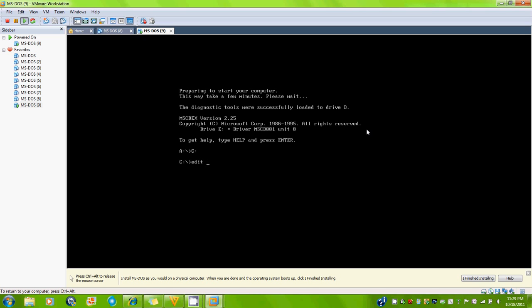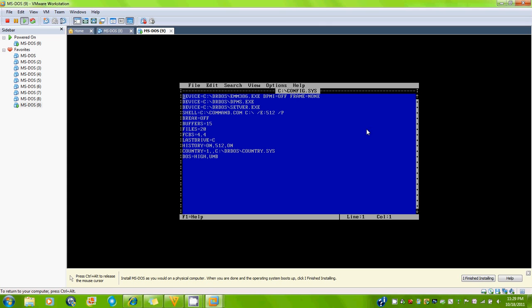Edit space config.sys, enter, and that takes you to the editor. And you want to go on the first line, all the way down, and you want to type in exclude equals E000-EFFF, and then you're going to press Alt F to bring up the file menu, and you go down and